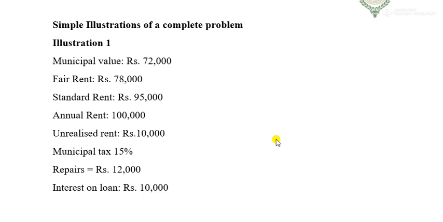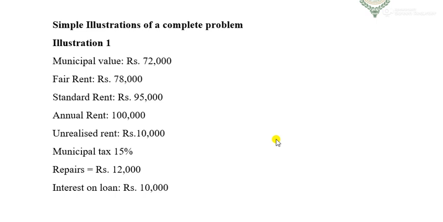Unrealized rent is the rent that the owner of the house property does not receive from the tenant. It happens very usually and it is very practical that sometimes the tenants are not able to pay the full rent to their owners. It often happens, and owners try to receive the rent from them, but sometimes they are unable to. Then they have no other solution but to mention in their income from house property that so much income was unrealized from the tenant.